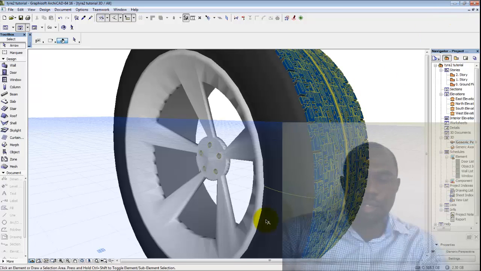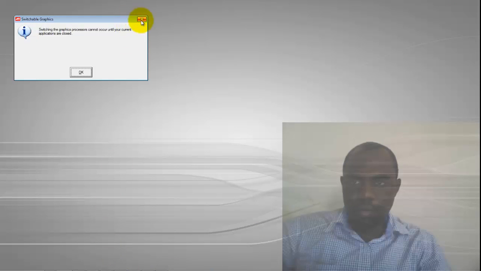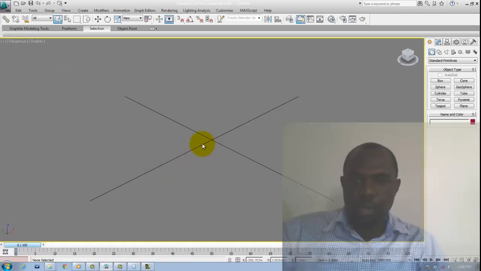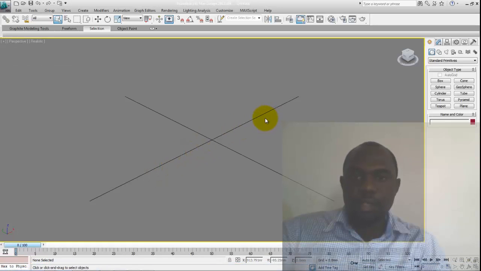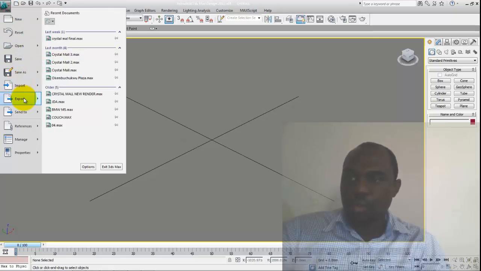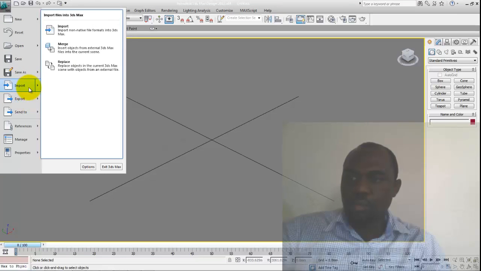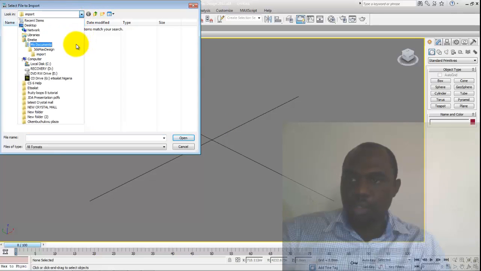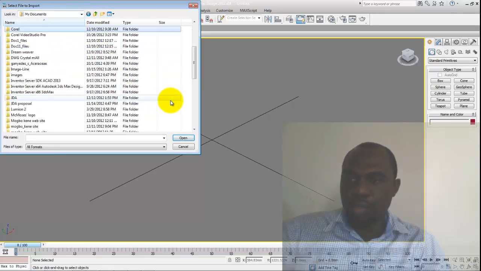So we'll go to 3ds Max, minimize this. 3ds Max, using 3ds Max design 2012 for this tutorial. So I'll just come here, 3ds Max already open, go to import, locate my file. Remember where I said it was, my documents, go to